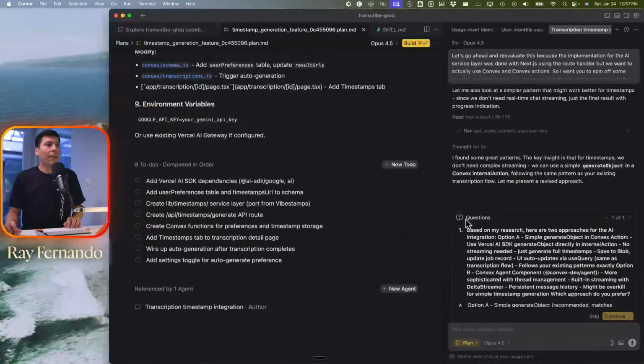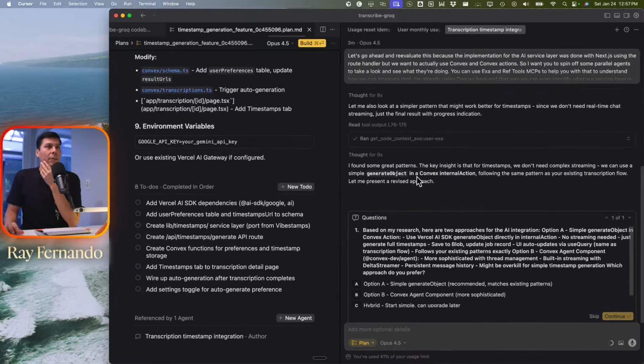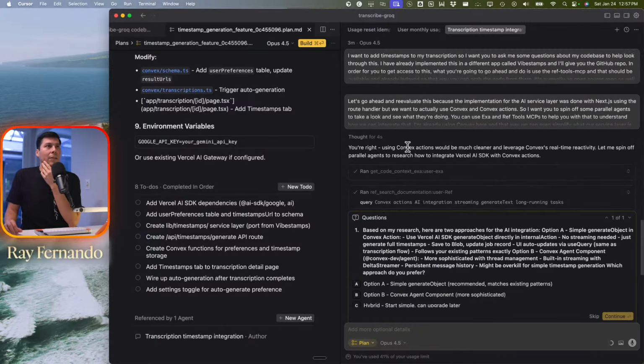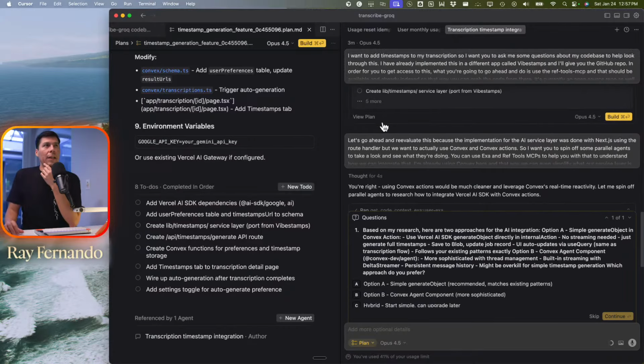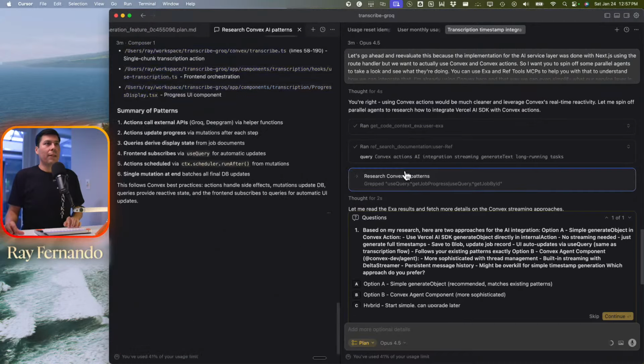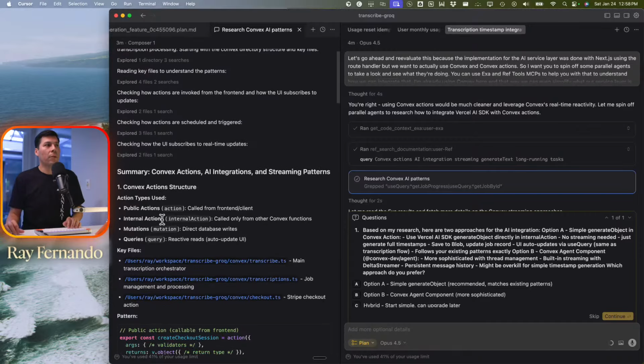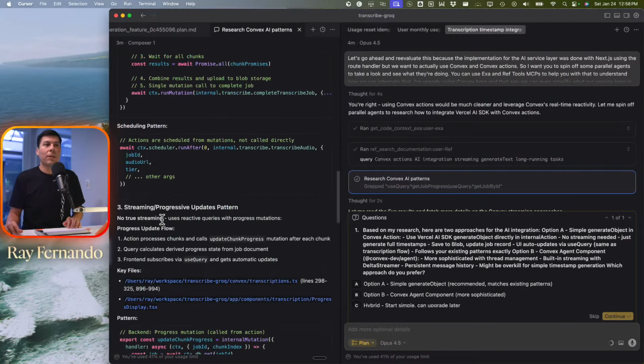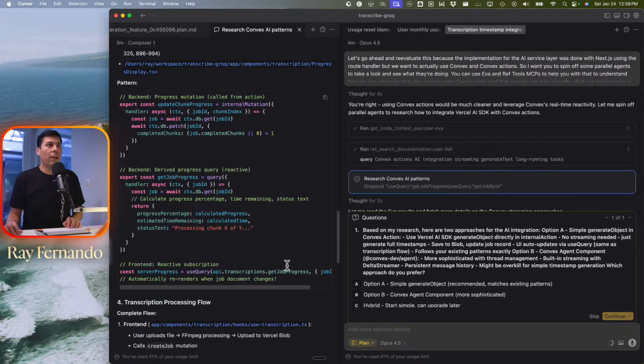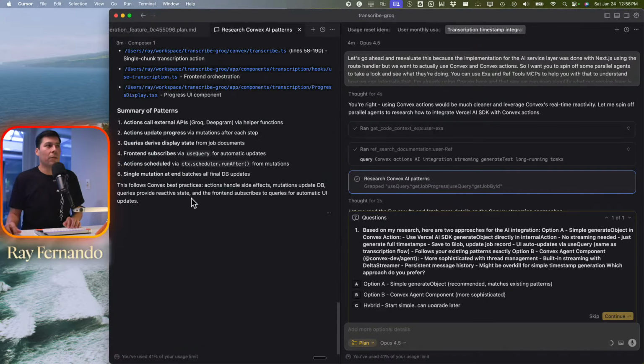Let's see how our plan is going right now. So here we go. I found some great patterns. Let's just take a look and see. When I gave it feedback on what we should do, it did some research in a separate chat window, which was nice, so our context window doesn't get flooded with all that research. In that plan, you can see all of the stuff that it did, and it looks like it used Composer 1 for some of this research. That's really interesting because I have Opus 4.5 set up, but it actually used Composer 1, I think,